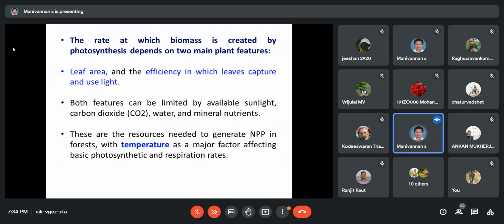Okay. The rate of photosynthesis depends on three factors. One is the leaf area, the surface area of the leaf. The second is the efficiency of the leaf to capture the sunlight, how much sunlight is captured. The third is how much sunlight is utilized. These three factors determine the